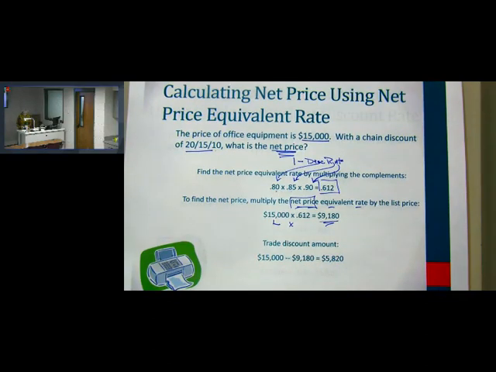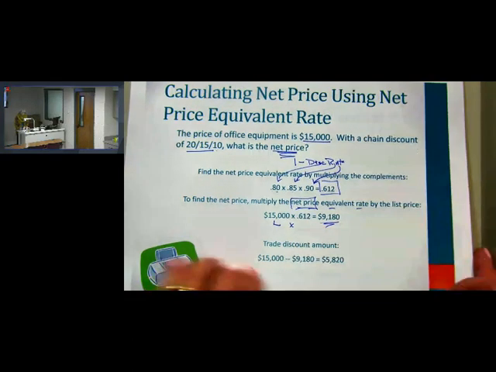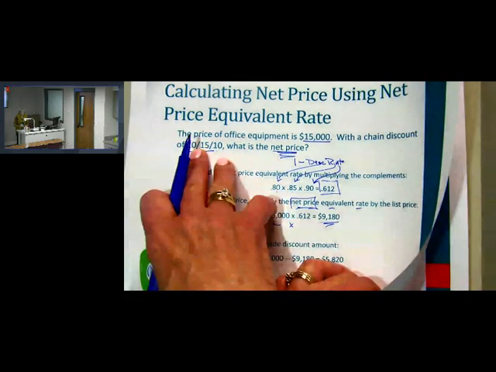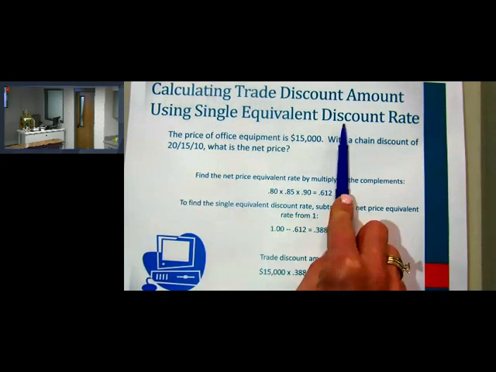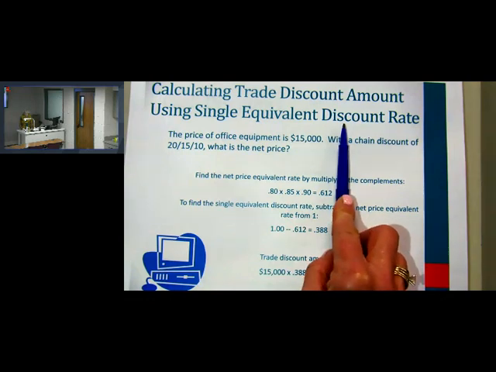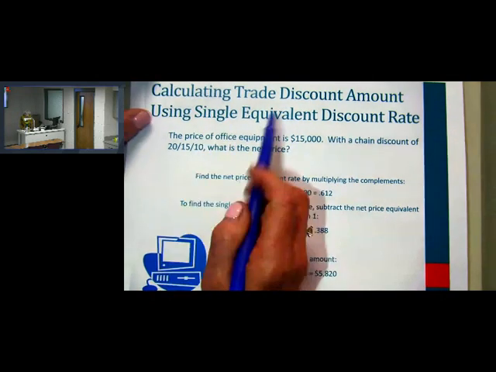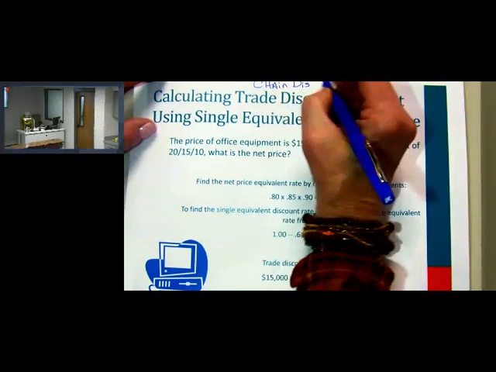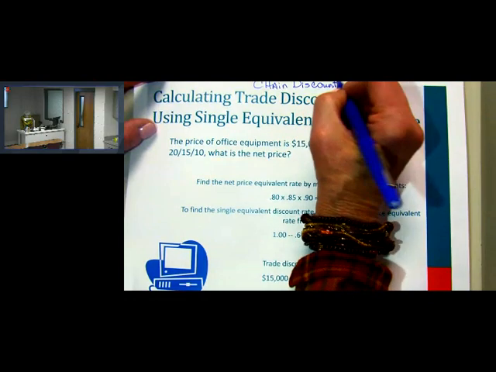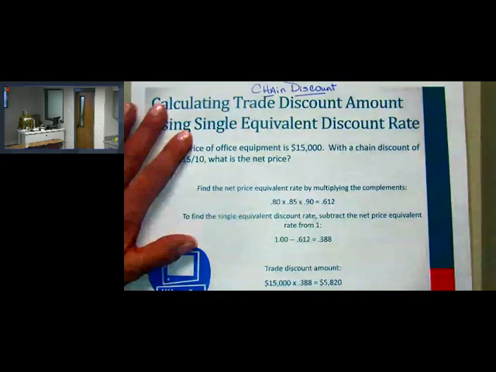All right. So those are some things to think about with regard to chain discounts. Again, bottom line, you can't add those chains up. One other thing on this chapter, we talked about it at the beginning of the chapter, and then later on they don't use it so much, but I still want to talk about it. There's another thing that you need to know how to calculate, especially for Connect, which is the single equivalent discount rate. Once again, this applies to chain discounts only. So if you have a single trade discount, you don't worry about this rate. It's just on chain discounts.